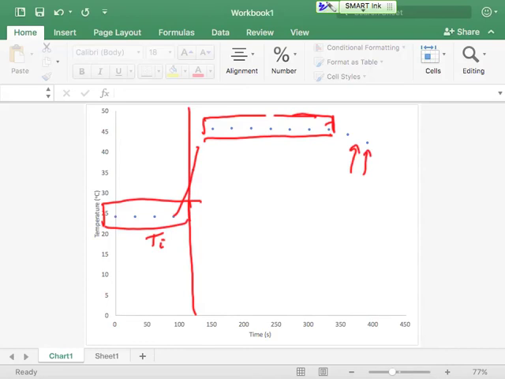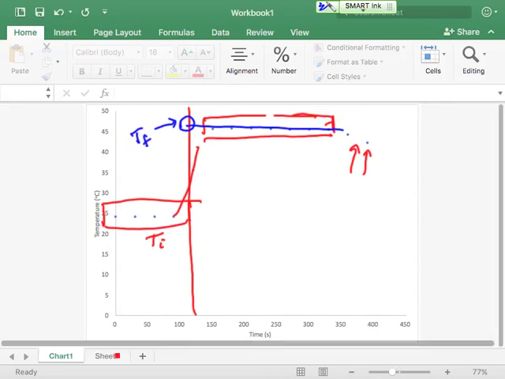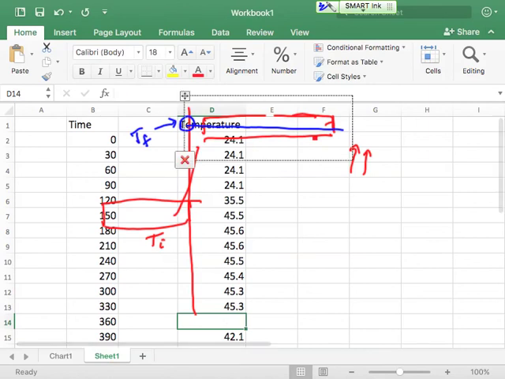Our goal is going to be to extrapolate these points over here back to the mixing time or the reaction time and find T final over here. There are a couple of ways to accomplish this. One way